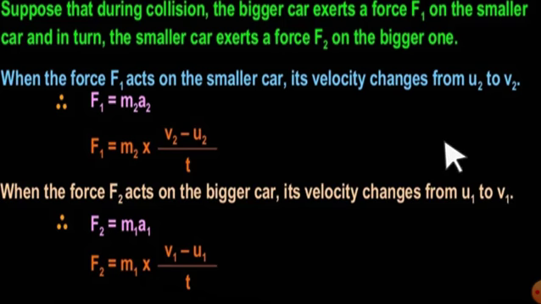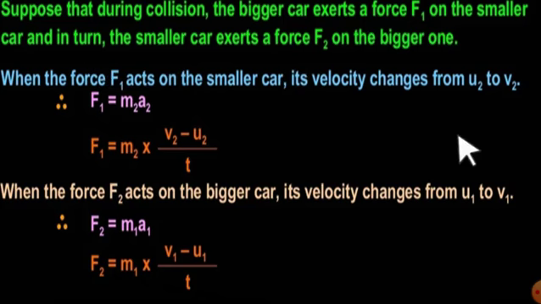So if one is action, the other will be reaction, as there are no other external forces in between the two cars, except those two cars. So we will take it as an isolated system of the small car and the big car. Got it? There are no other forces except those two objects, bigger car and smaller car, right? Suppose during the collision the bigger car exerts a force F1 onto the smaller car. That is nothing but the reaction.